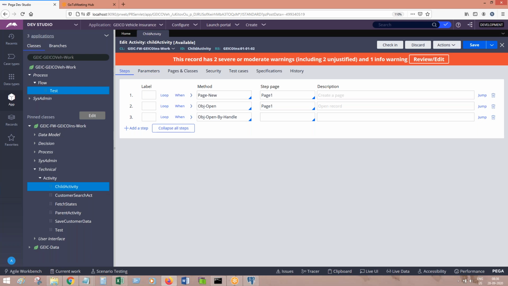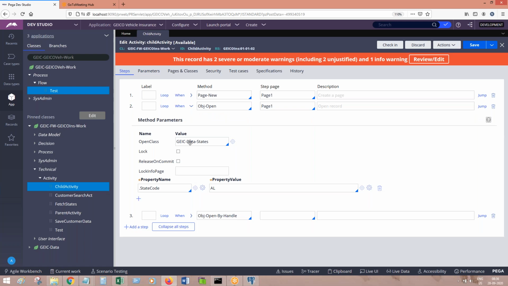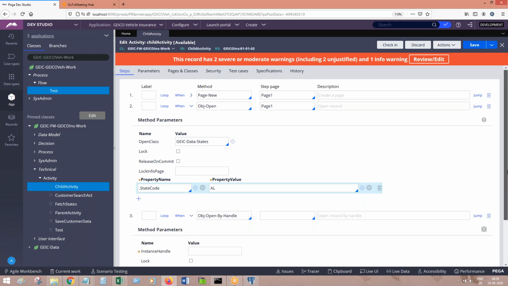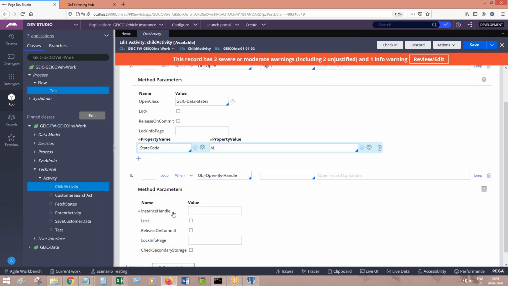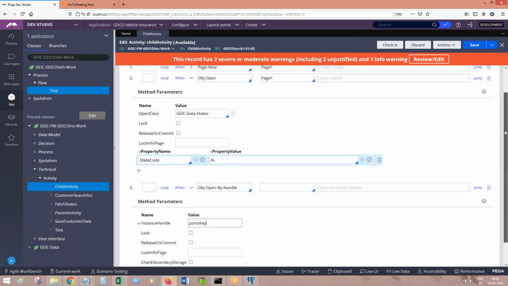The Obj-Open method uses the class key to fetch one record, whereas the Obj-Open-By-Handle method uses the primary key, pzInsKey, which is also called the instance handle. So it will use pzInsKey to fetch a record from the table.